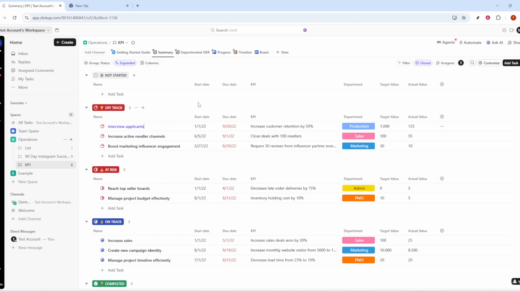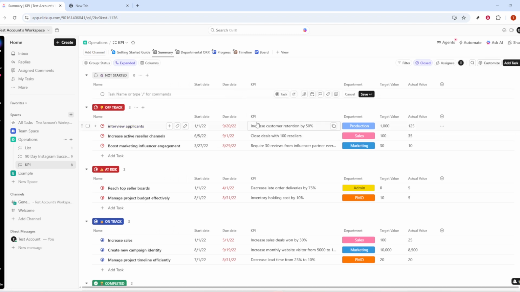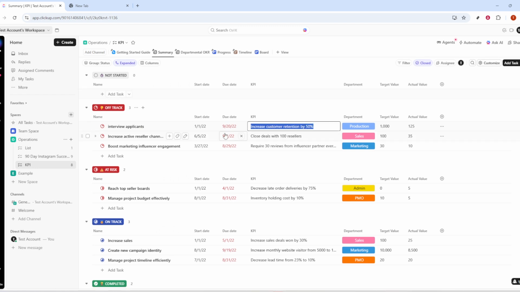Finally, input your KPI values to track status. Fill in targets, current actuals, owners, and timeframes. Keep units consistent, like percentages or dollars, and set a clear update cadence, weekly, monthly, or quarterly, so trends are meaningful. As you enter values, statuses, and progress indicators will update, giving you a quick read on what's on track